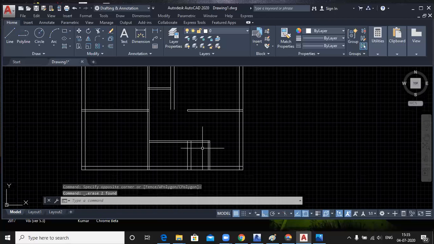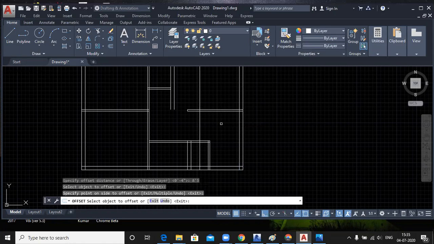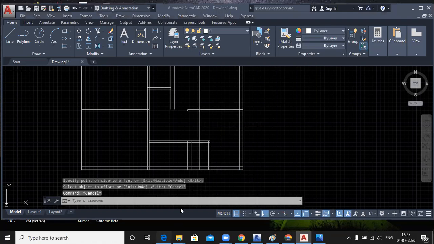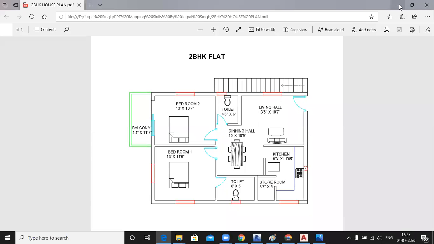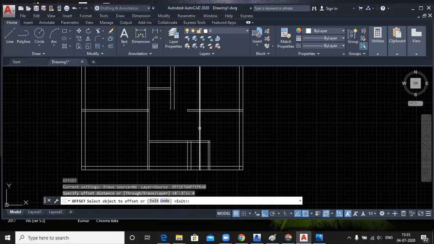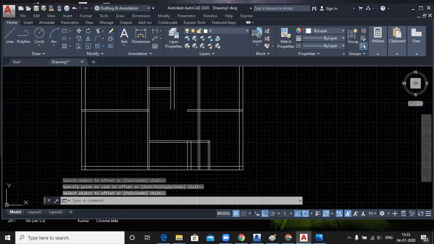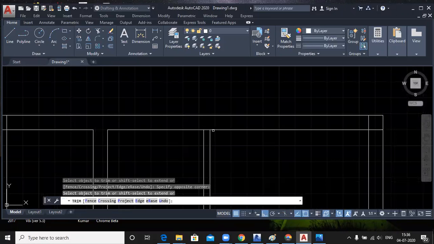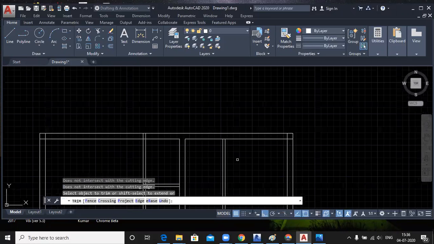Just offset, enter 8 feet 3 inch from this line to this line, right? And again this is a 4-inch wall. Enter and 4, and then you draw or trim. You have to select the offset option only once, sir.